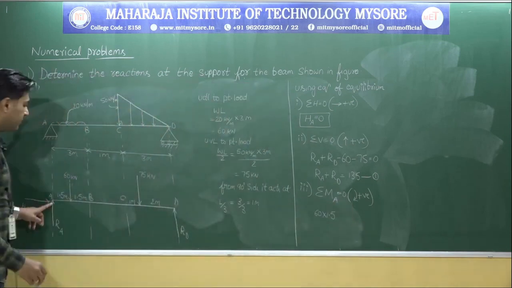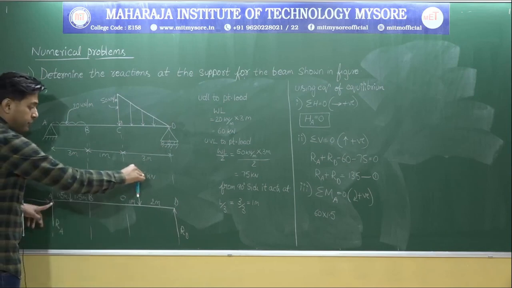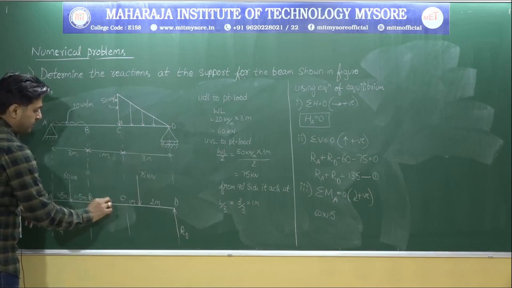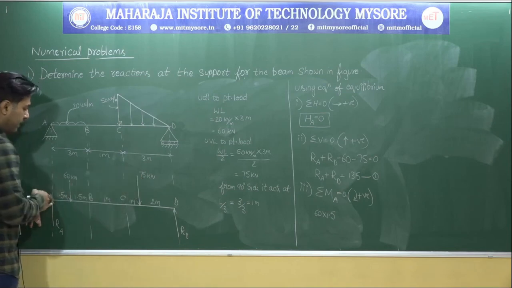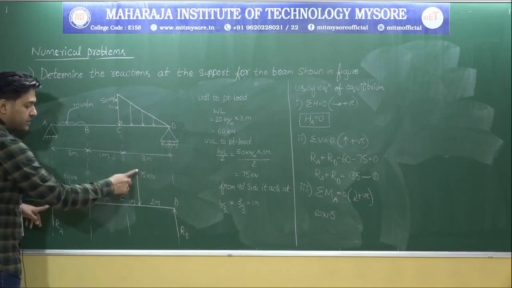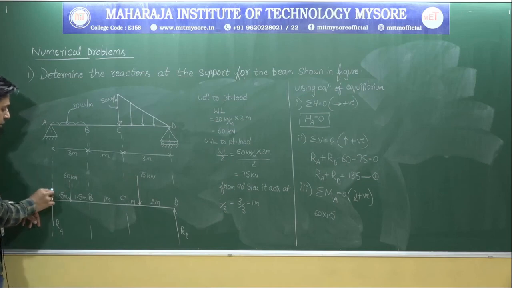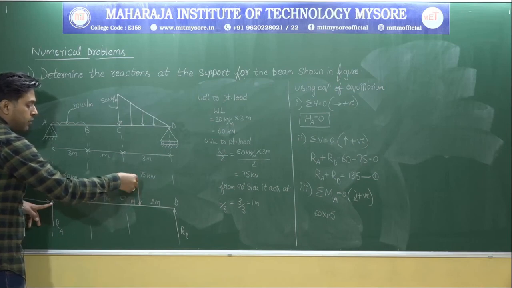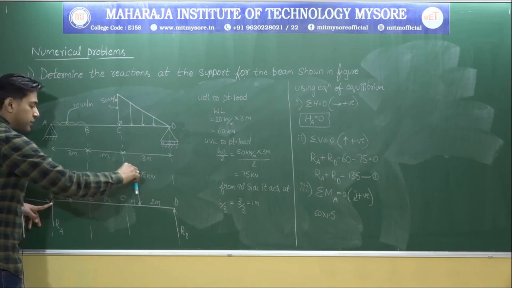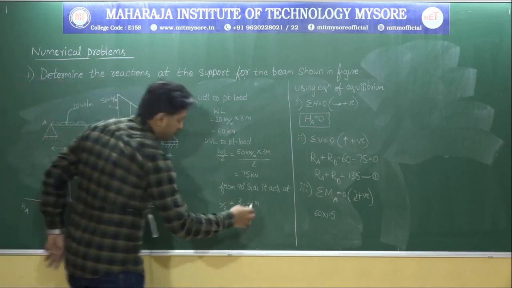Next, let me go one by one. Next, this is one more force. Observe here, this is 1 meter. This force is vertical in direction. I want the moment about point A. In which direction is the force acting? Extend the line of action along the direction of the force. Next, this force has to go and touch this in the clockwise direction. Yes or no? So it needs to go and touch it in the clockwise direction. So plus